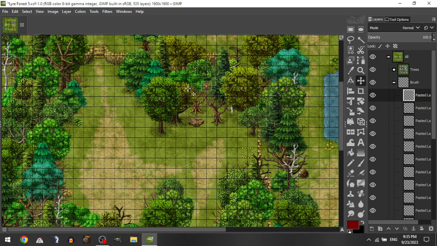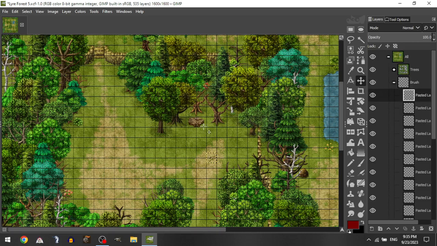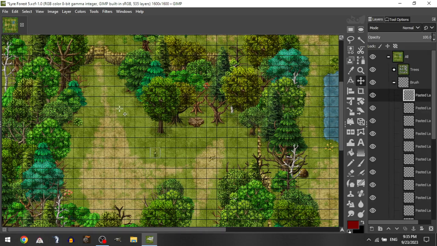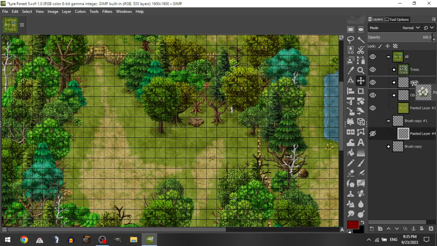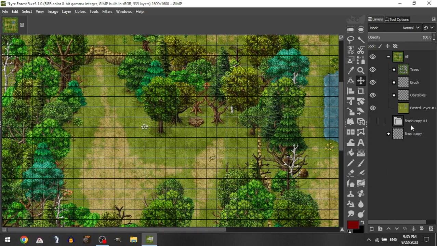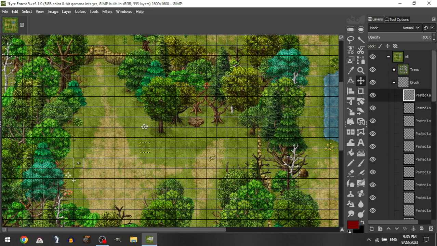Let's put these mushrooms hidden there, right in that little nest of trees. So you can look up and see those. You can't reach them, but they're little hidden mushrooms. I like that kind of thing when I'm placing these brush tiles. You can just place them in fun little places. It's the little details that most players probably won't even notice, but when you do notice them or when you're looking for them, it just adds that extra depth and character to the map that you don't typically get